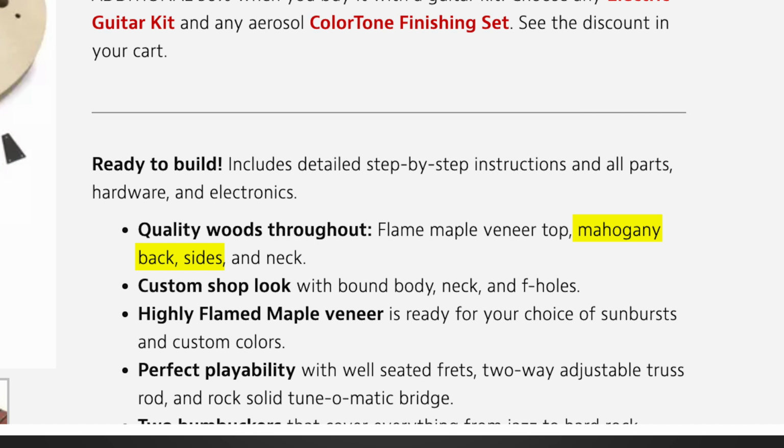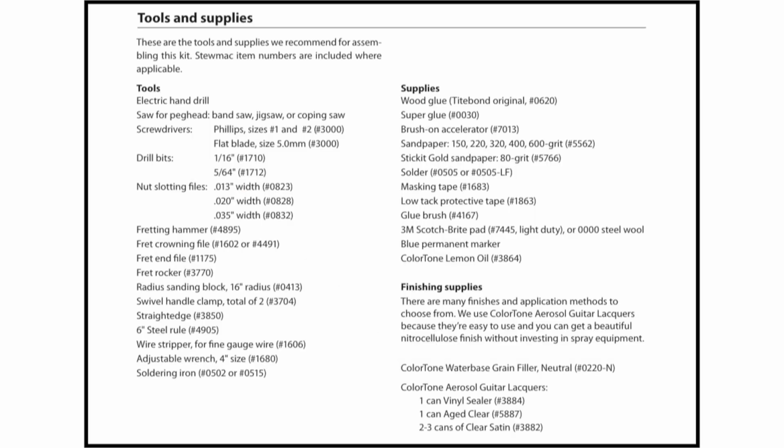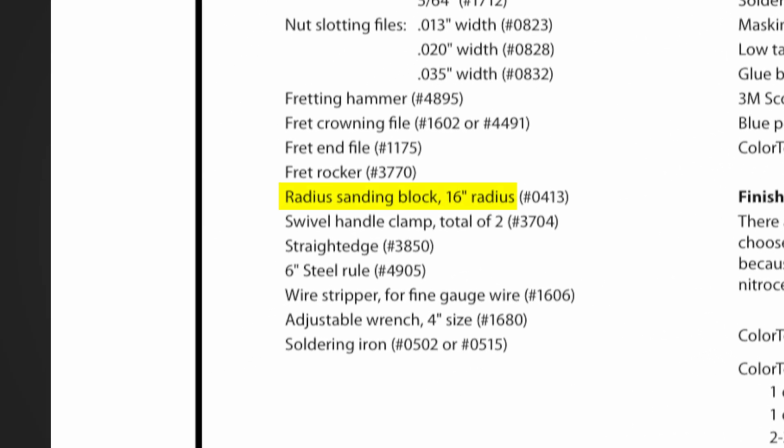This actually has mahogany back and sides, which of course is different than a real 335. It also has a 16-inch radius fretboard. Now this fact isn't necessarily apparent from the web page, but if you open up the PDF of the instructions and you look in there, they call for the use of a 16-inch radius block for use on the frets